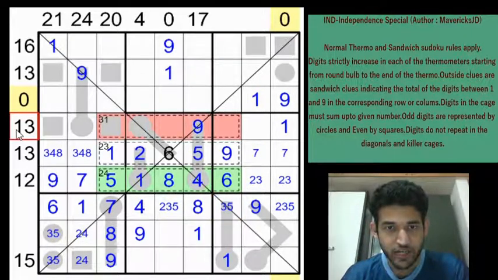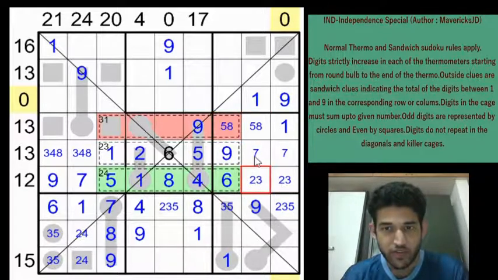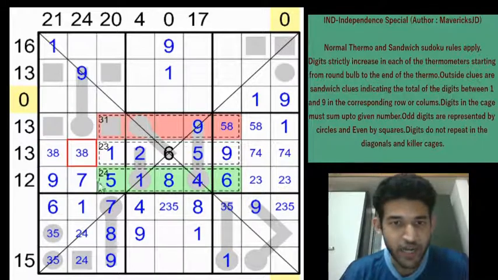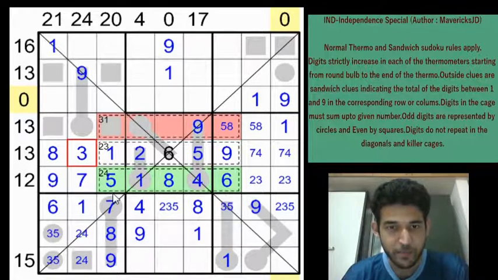And if you look at the 13th sandwich clue now, we need 13 from these two cells, which cannot be 4 plus 9. It also cannot be 6 and 7. So it will be 5 and 8, right? And now in this box, we have only 4, 7 left. We can just mark the possibility. So when this is 4 and 7, we can eliminate the 4 from here. So this will be 3, 8. And a 3 here eliminates the 3 from here. So we get an 8 here and a 3 here.